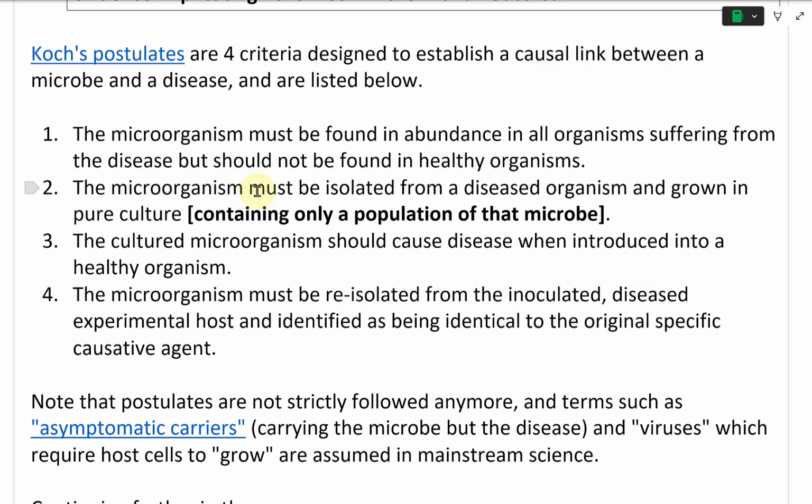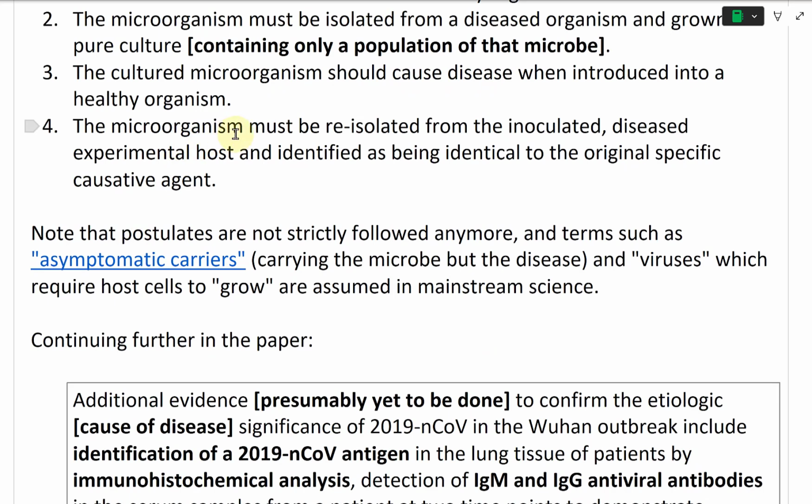And the microorganism must be isolated from a diseased organism and grown in pure culture containing only a population of that microbe. But for supposed viruses, they need a host. So that's a modification of Koch's postulates. The cultured microorganism should cause disease when introduced into a healthy organism. And the microorganism must be re-isolated from the inoculated, diseased experimental host and identified as being identical to the original